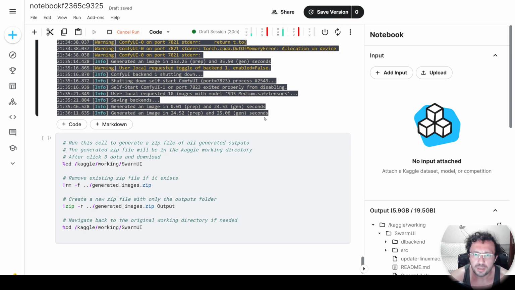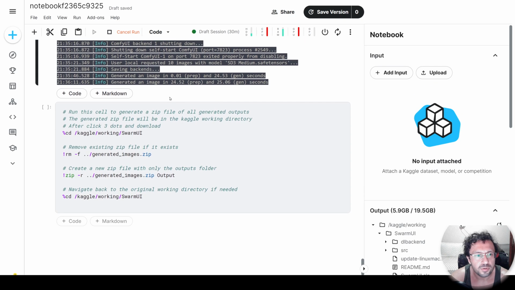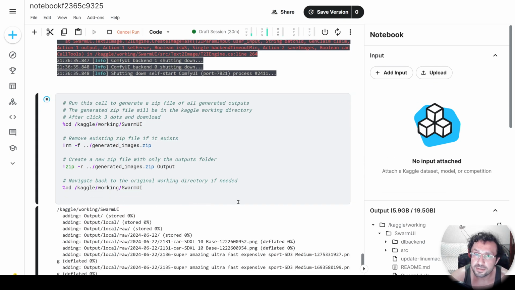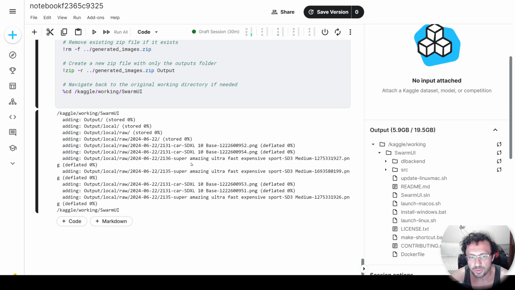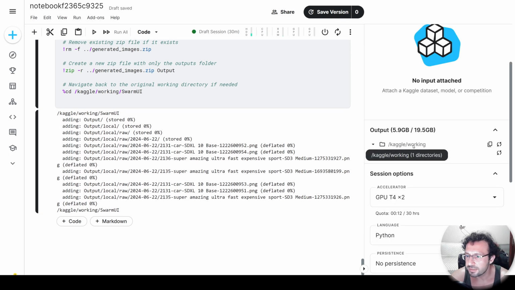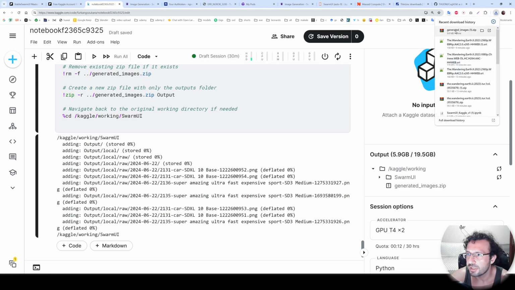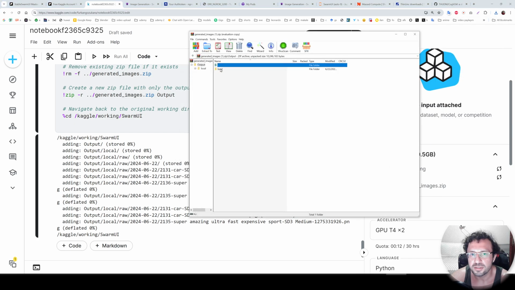So return back to your Kaggle notebook, and to download all of the images, first of all you need to cancel run, then you can start again. Of course, you don't need to start from beginning. Just do the step 3 and start as I have shown. So cancel run and then click this cell. This cell will zip all of the generated images. You see it has zipped it. The zip file will be inside Kaggle working. Just refresh from here, click. You see generated zip file. And when you hover your mouse here, you will see 3 dots icon. Click download and you will see the download in your browser like this. So all of my generated images are now downloaded like this.